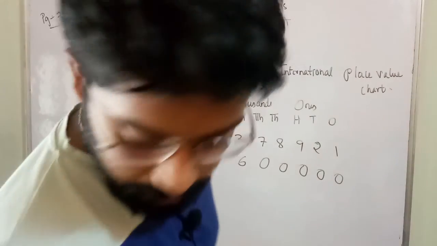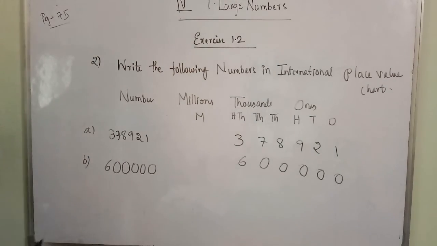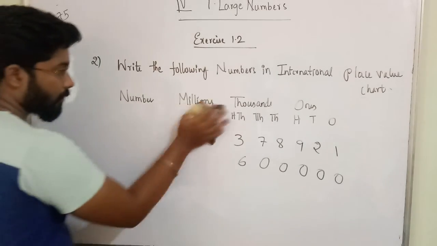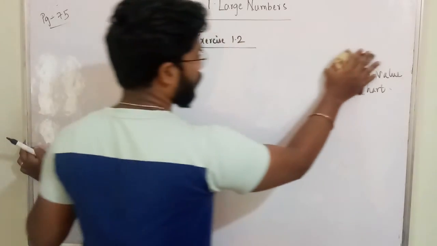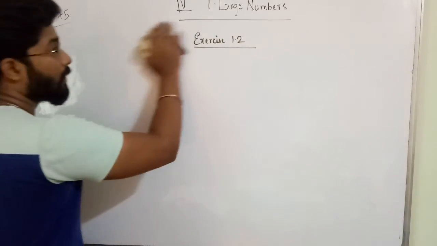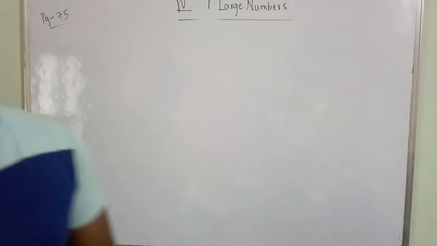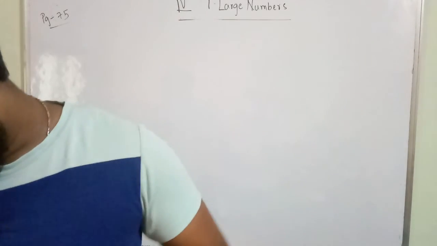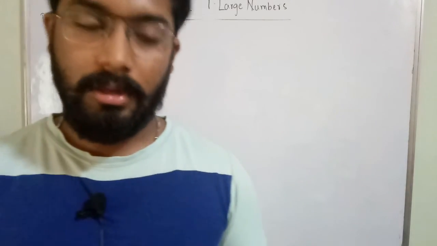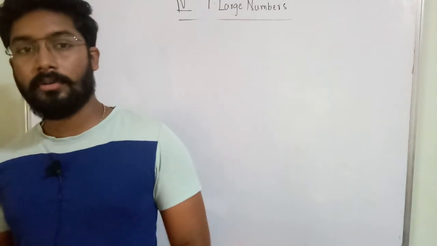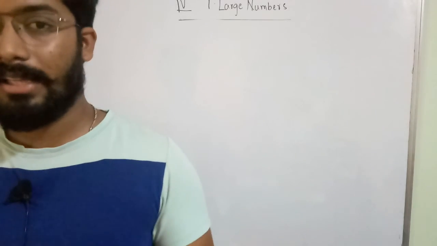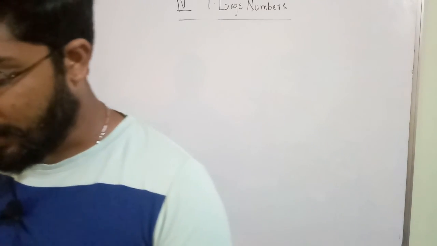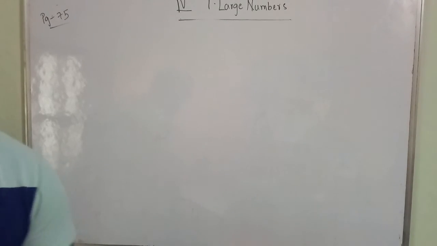Clear? So I have said 2. Next 3 is for your homework. Next 3, A and B I said, are your homework. You have to do them and check whether you did correct or not. So with this we have completed the second bit also. If I say everything you will not learn. I should give some homework to you, then you have to check yourself whether you are doing correct or not. In next class I will say the answers. Don't worry about that. So with this we have completed the class. Clear? Thank you.